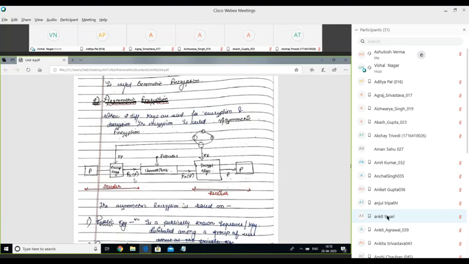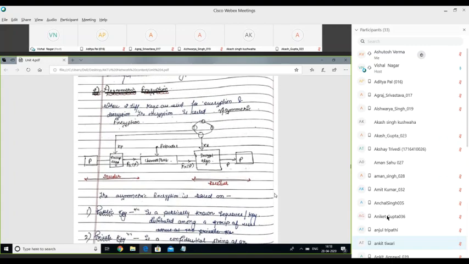As soon as the plain text p is converted into Ekp of p, the message is sent over the channel, and on the receiving end we use the decryption algorithm to convert this encoded message into the original form. So decryption we have discussed also.